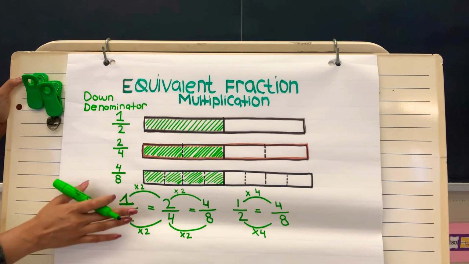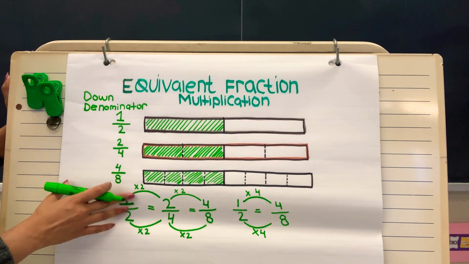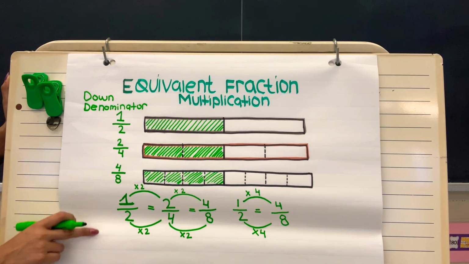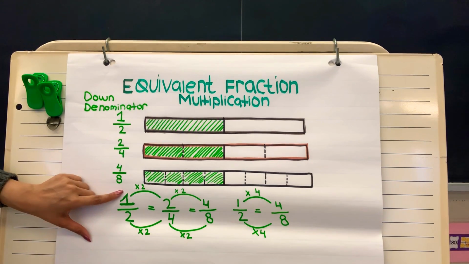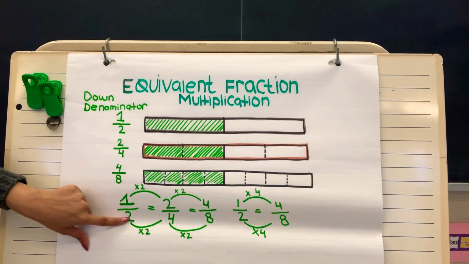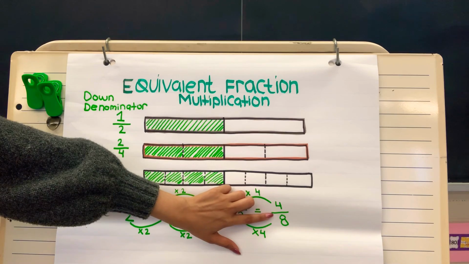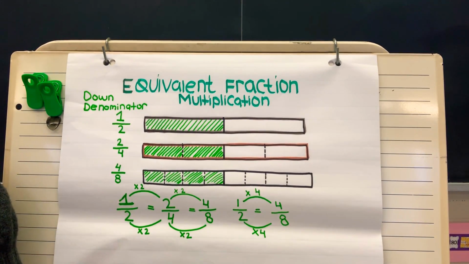I just multiplied. That's why it's important to have your multiplication down, your times tables. So I just multiplied my top and bottom number by the same number. So we can go directly from 1/2 to 4/8. We can multiply both the top and the bottom by 4. Okay, let's do